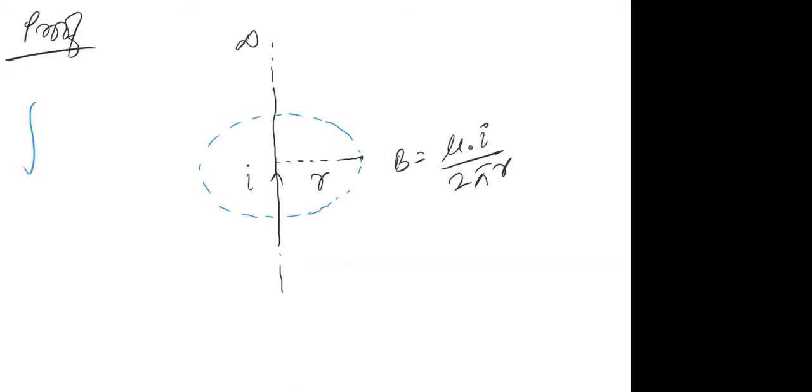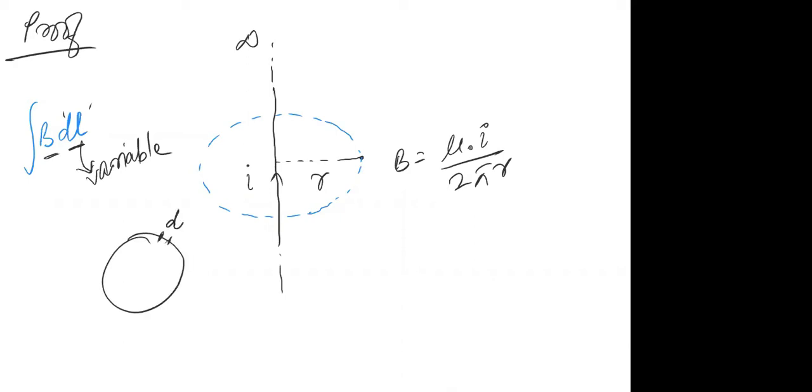As you have seen in the mathematical statement of this law, it was ∮B·dl, meaning you have to integrate the magnetic field with respect to the length. dl is obviously variable, because dl was a small portion of this loop. So dl is varying. If the magnetic field also becomes variable, I will have two variables in the same integration, and that is impossible for us.